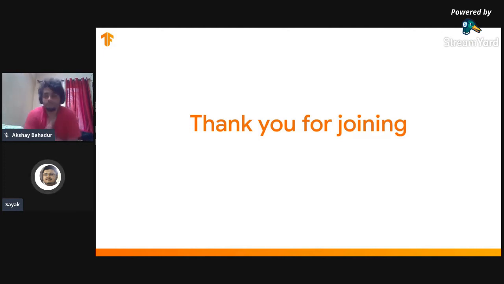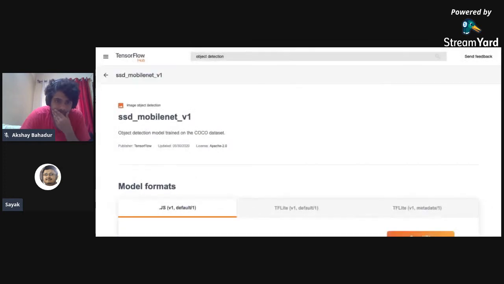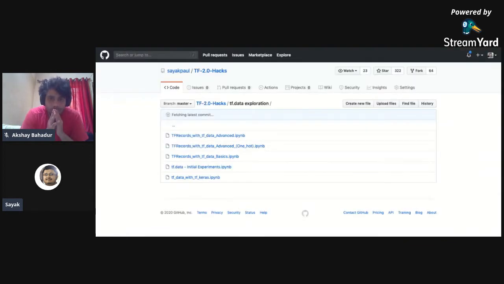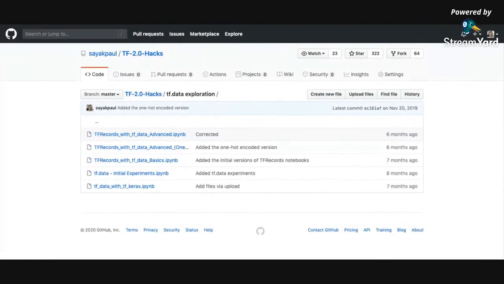Yeah, definitely. Let me share my screen for that. I did actually experiment with TensorFlow records and how to make the best use of them, specifically in image classification based models.